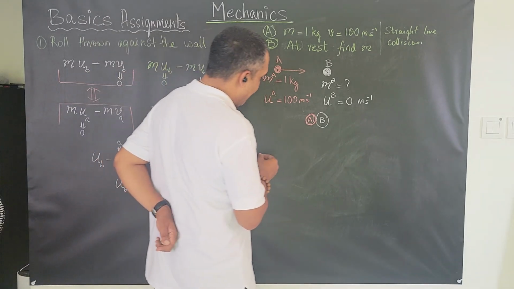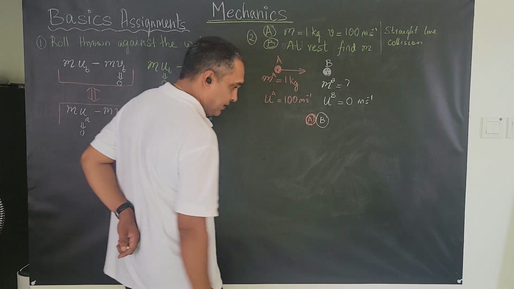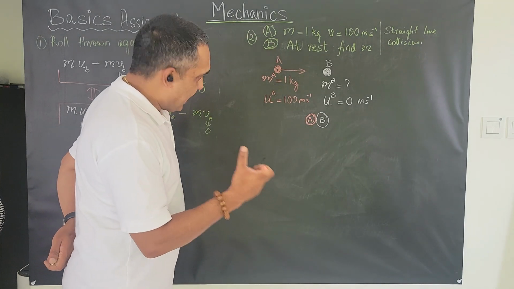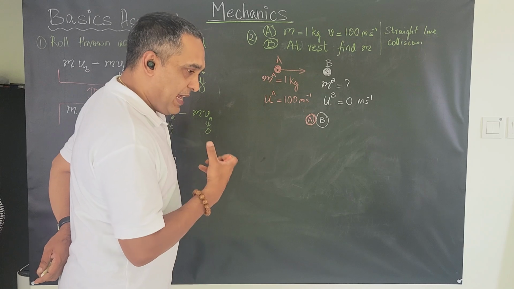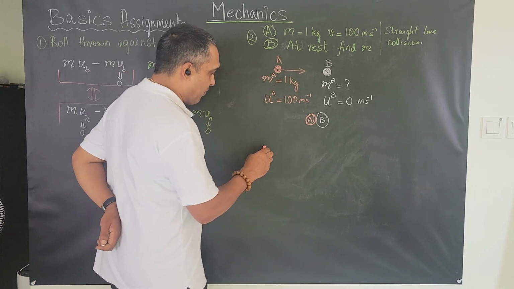Right? So we want to bring A to rest. And for that particular system, A has lost all of its momentum. So we can just simply write this as